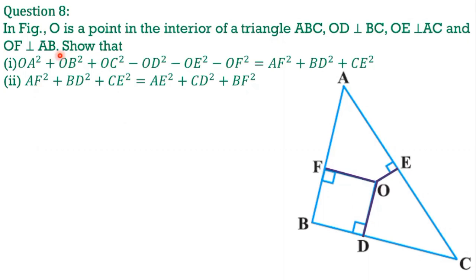Show that OA square plus OB square plus OC square minus OD square minus OE square minus OF square is equal to AF square plus BD square plus CE square. Here we have to prove OA square